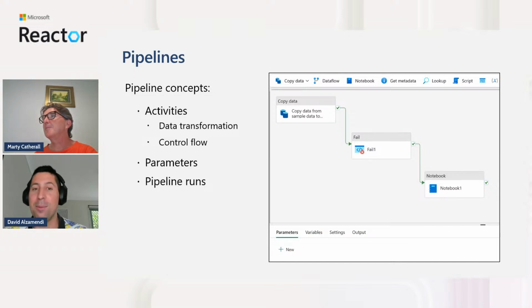As you can see, if the first step succeeds, the second step is just one control. You can make your pipeline fail in different scenarios. And the third step that you see in there, we're executing a notebook. That means that within the orchestration, you could be executing a copy activity of Data Factory, executing a mapping data flow Gen 2, and executing a notebook as well.